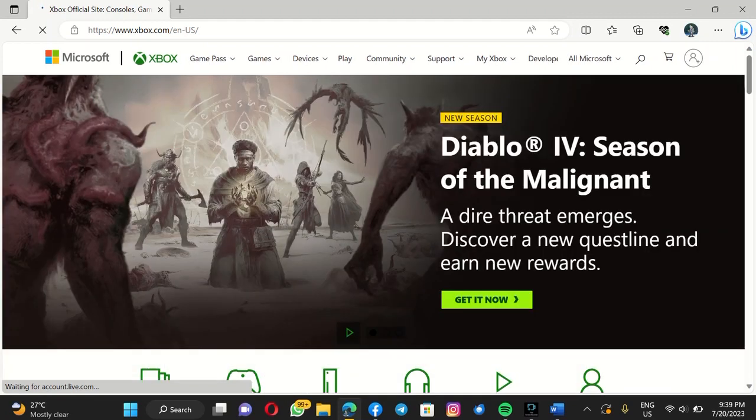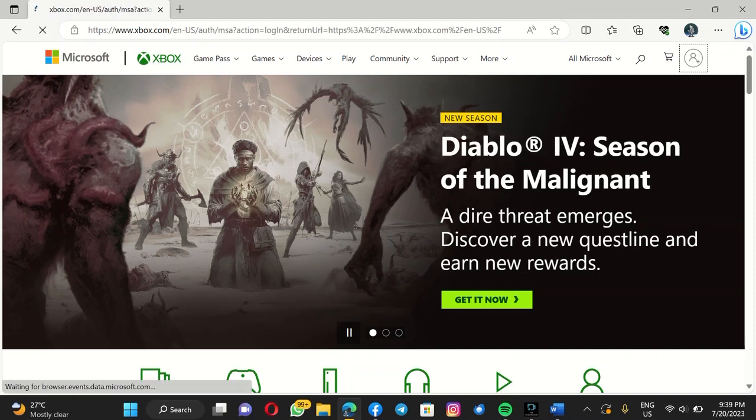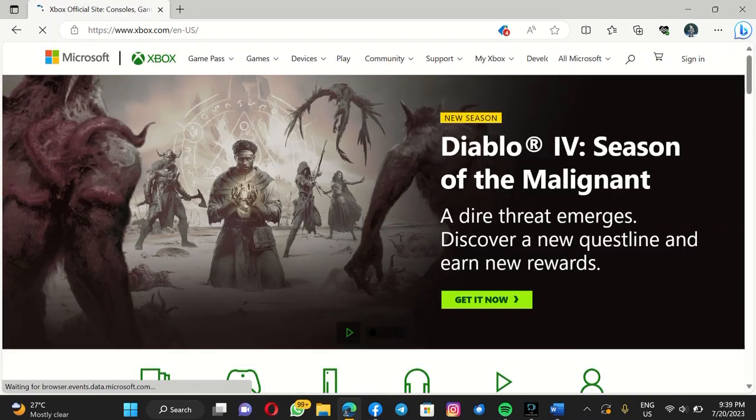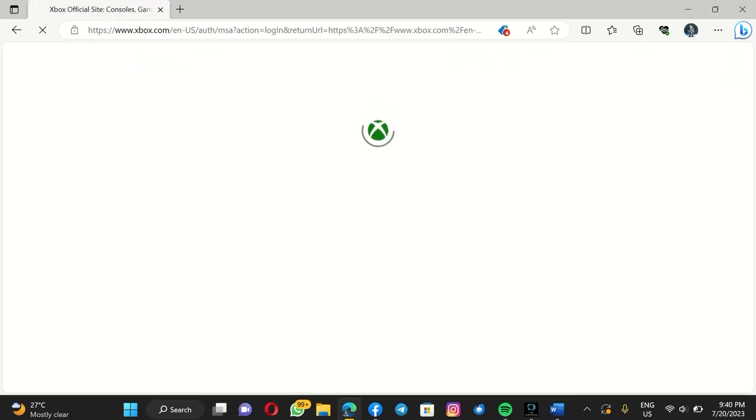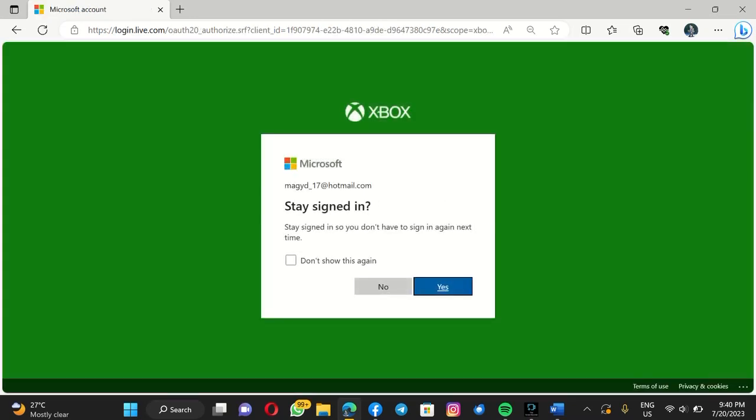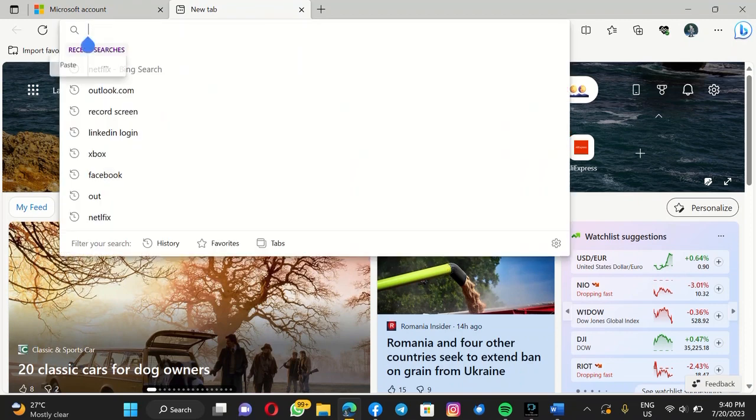Xbox.com. After putting in xbox.com, you click on this profile place again up here. After clicking on the profile again, you will click on sign in again. After clicking on sign in to bring it up like this, you open another browser tab,